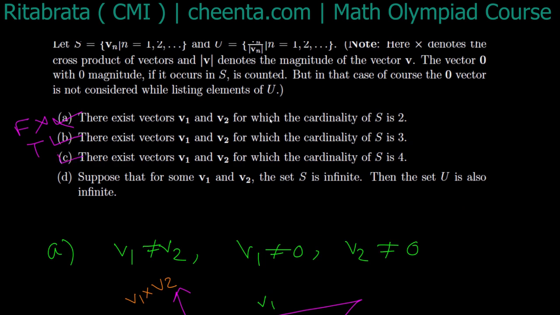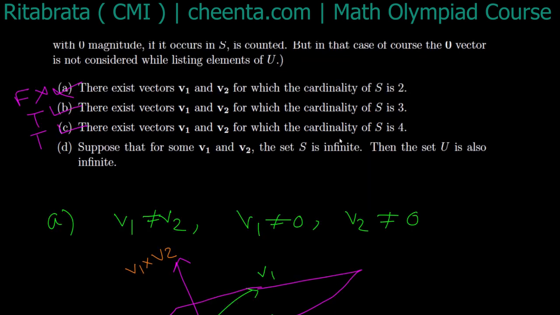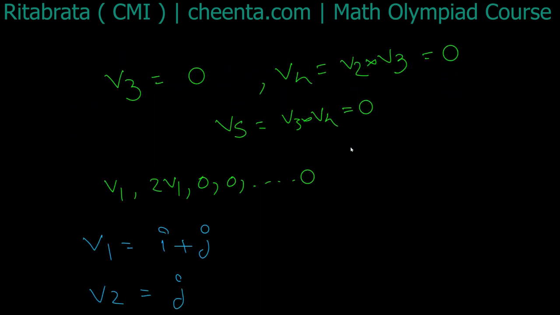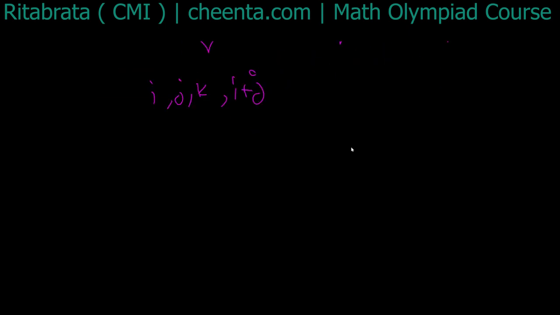So part C is also true. We can choose V1 and V2 such that S has exactly 4 distinct elements. Now, for some V1 and V2, S is infinite. Does that mean that U must also be infinite? Well, we see that it is not the case, because try to imagine you have a sequence that is